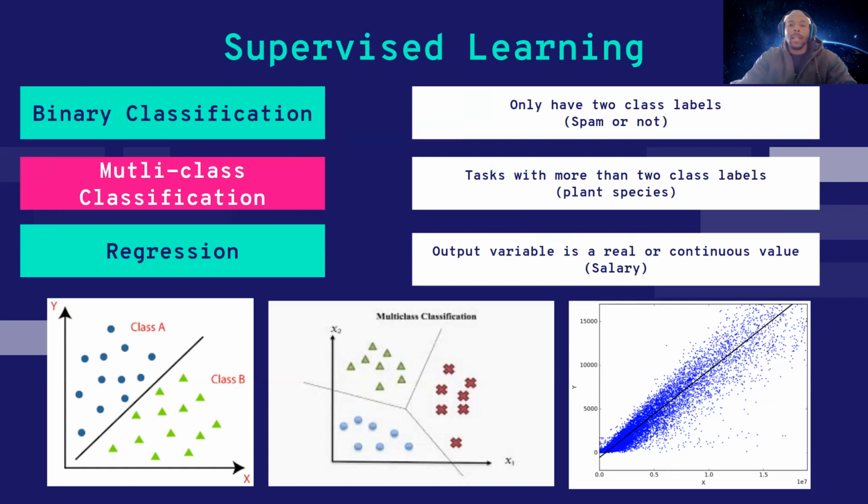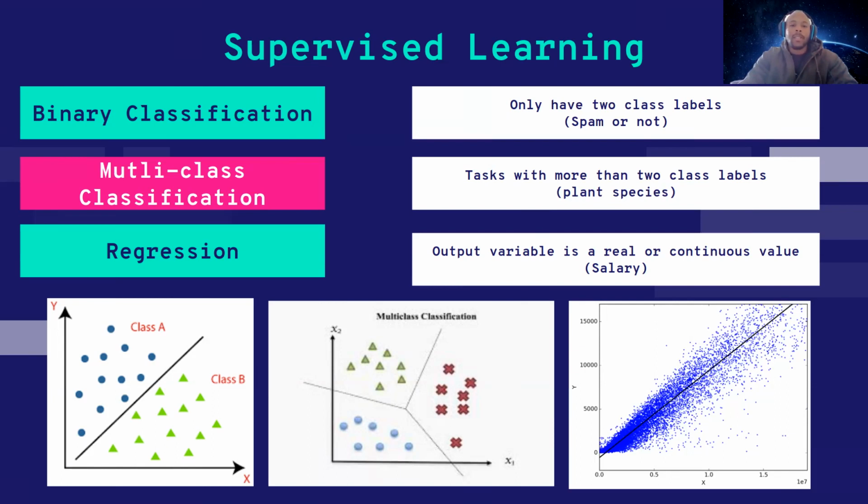A good example of this would be if you're trying to figure out how many chocolate donuts are sold during the week, which day is the most common day for chocolate donuts to be sold. With that, we'll be using a form of regression to figure out, okay, maybe Mondays or Wednesdays are the days when chocolate donuts are sold mostly.